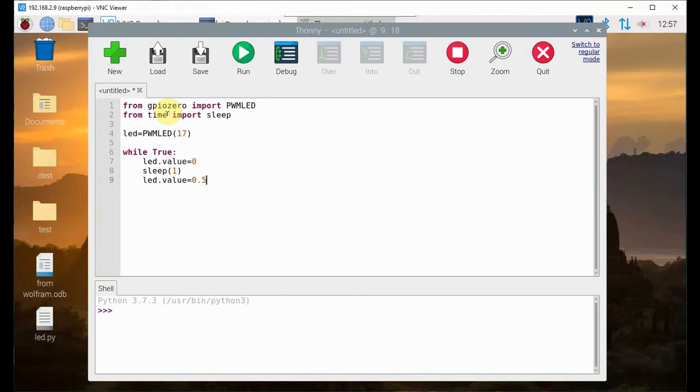While executing this line, the LED will be getting 50% duty cycle in the PWM wave. Introduce some delay.